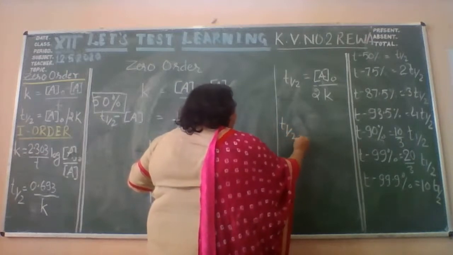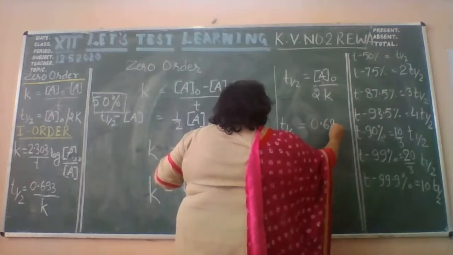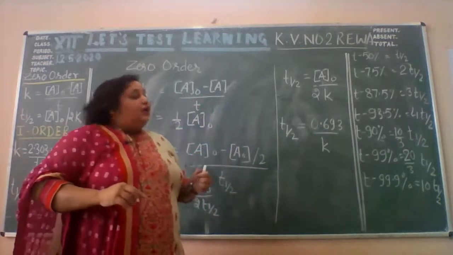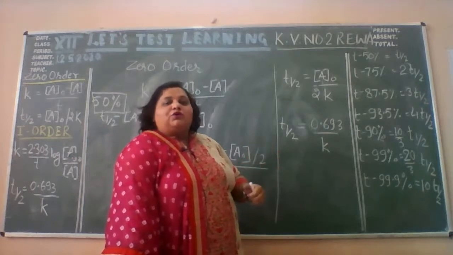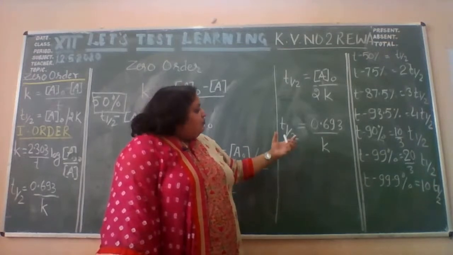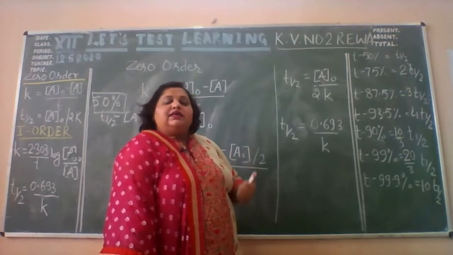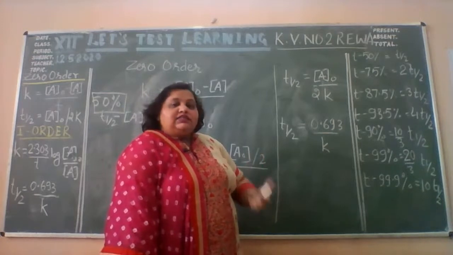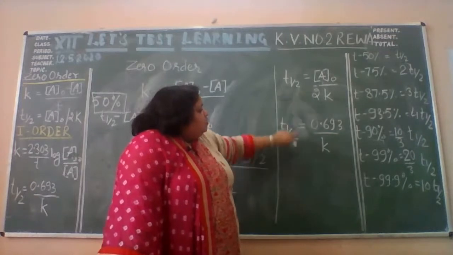On the other hand, for the first order, it is equal to 0.693 upon K. बहुत बहुत बहुत important term. The very important formula, especially when you want to solve the questions just by seeing, not by the calculation. Right? Some questions are oral. I can say most of the numericals in the kinetics, especially for the NEET, JEE, where you don't need to write the steps for the marking, these two are going to be very,